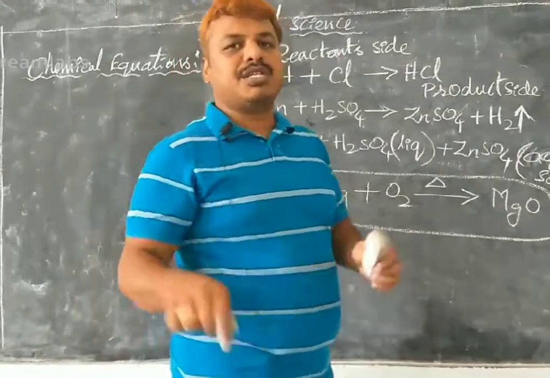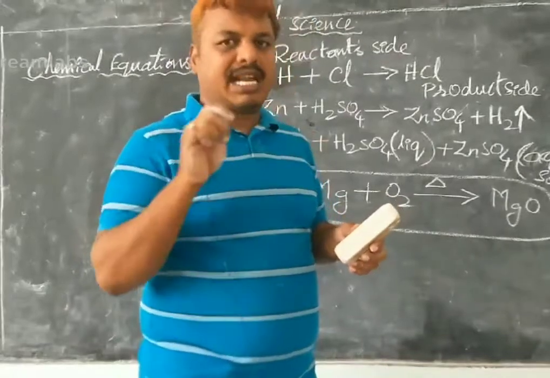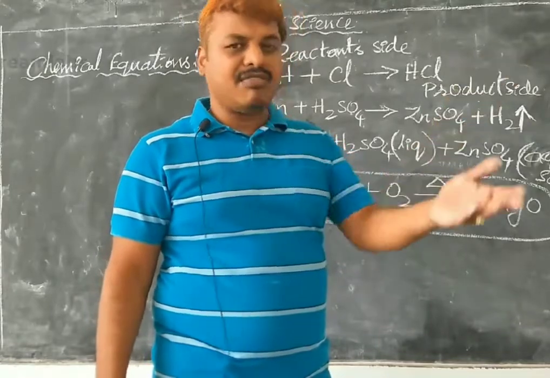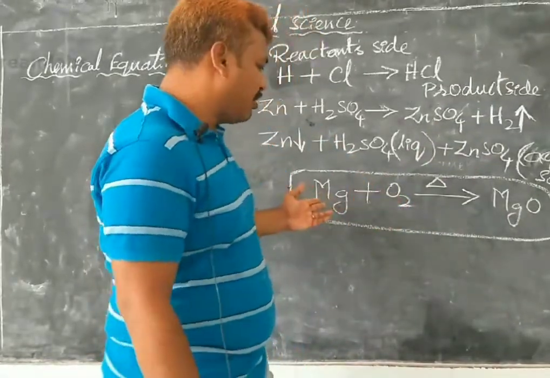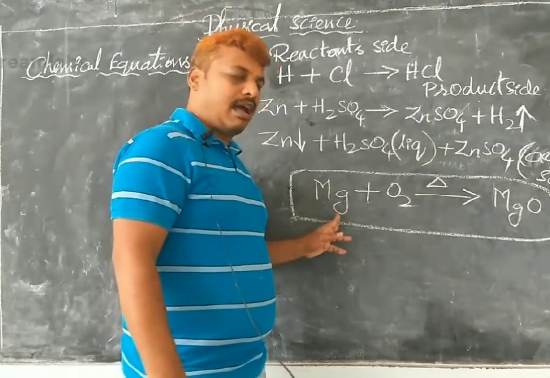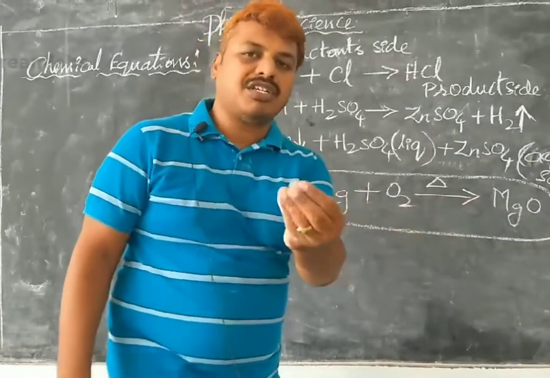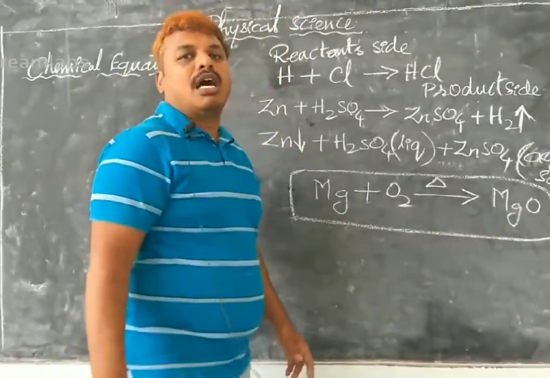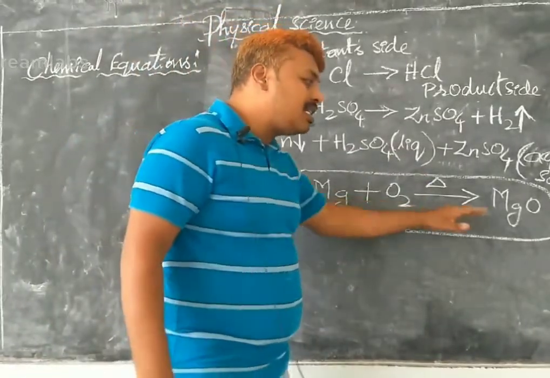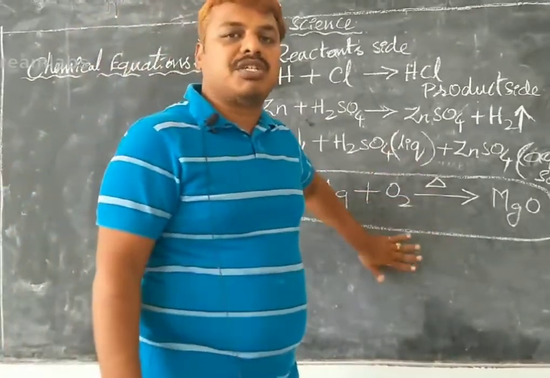Usually outside, when you take magnesium ribbon, if you take crackers, right? If you burn the cracker, you will find the ash. Where are you firing the cracker? In the presence of air. So it takes oxygen. Magnesium powder is usually applied to the crackers. So magnesium powder burns in the presence of air, taking oxygen and giving you ash, that is magnesium oxide ash. Generally what we see is happening correctly, but the balancing of the number of atoms is not correct. That is why we need to balance this equation.